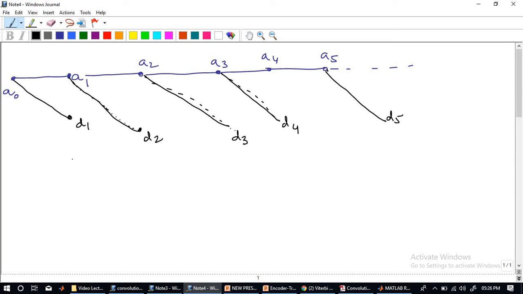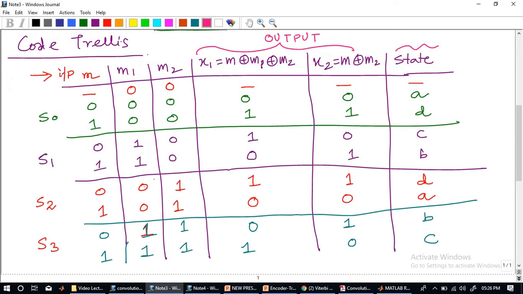Okay. Now, with respect to the second branch, that is D, what are the possible combinations? So if I go back to the diagram, D was given by 1, 1. So 1, 1, it can either go to B or it can go to C. Check there at the last. If it is at 1, 1, now if 0 comes in, it can go to state of B, and if 1 comes in, it will go to state of C.